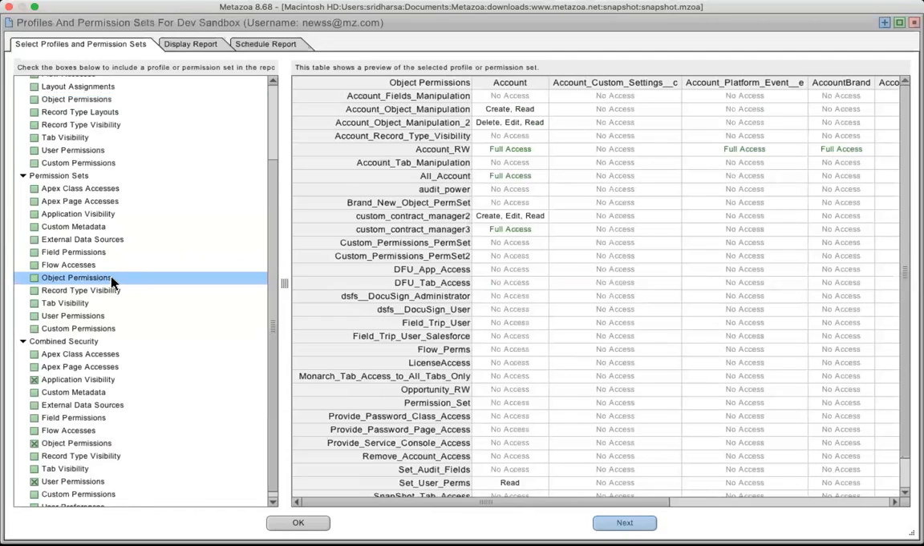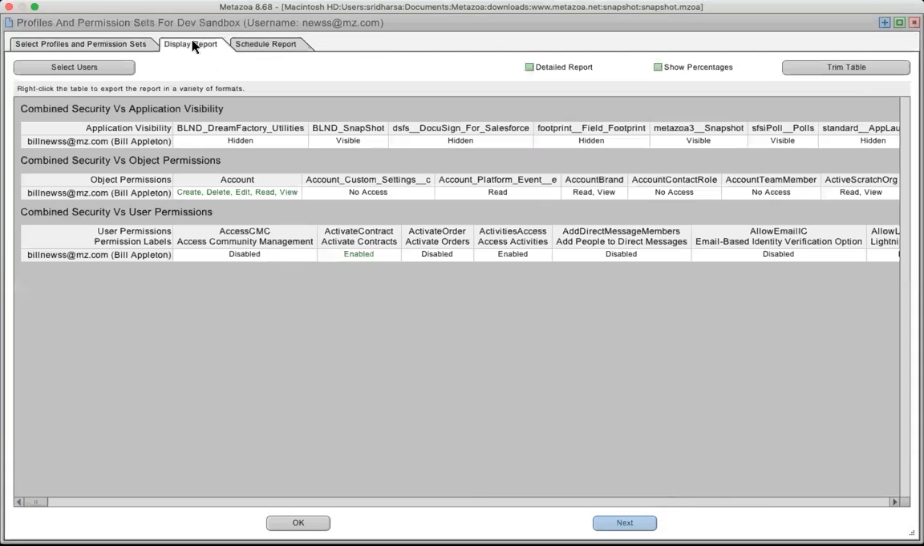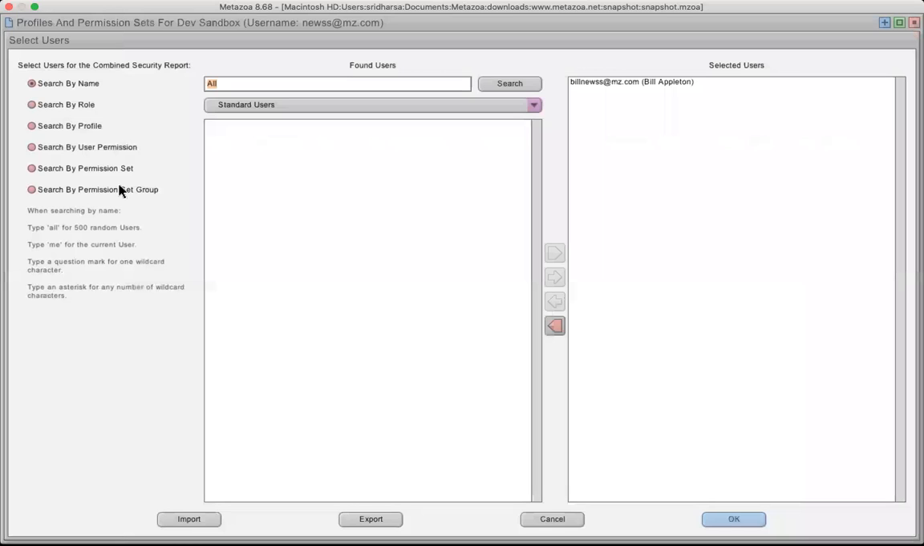Now, the key thing is, since we are talking about users, you can combine the two into what we very creatively call combined security and do the same. The first time you run this, it will detect and ask you which user you want to run this for. In this case, I already have it set up for Bill. In case you want to direct towards other users, you can select users using the same mechanism as we had before, searching for users by name, role, profile, user permission, whatever, selecting up to 500 users,